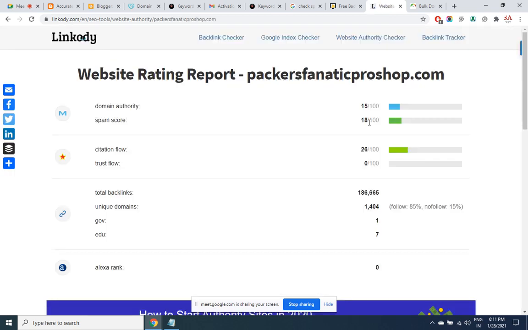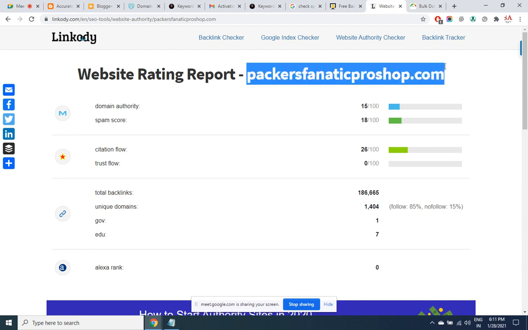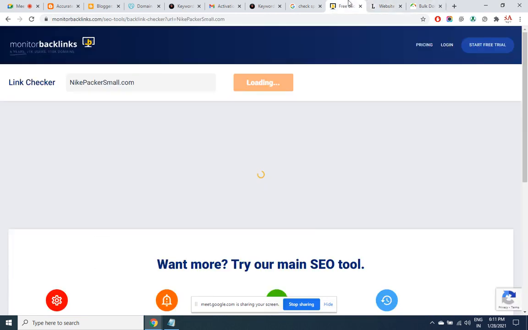Spam score of 18. Okay, no issues. It is still green. But the lower this figure is, the better. That much on the safe side we are. There's a lot of SEO done on this domain, but maybe this address may not speak on your business because this is an e-commerce topic. So you have to dig here.